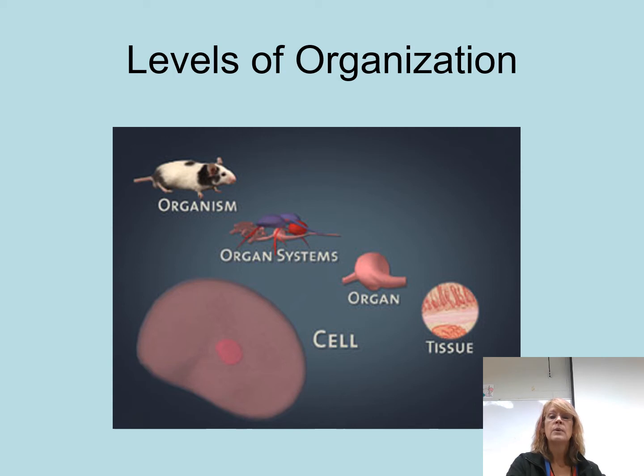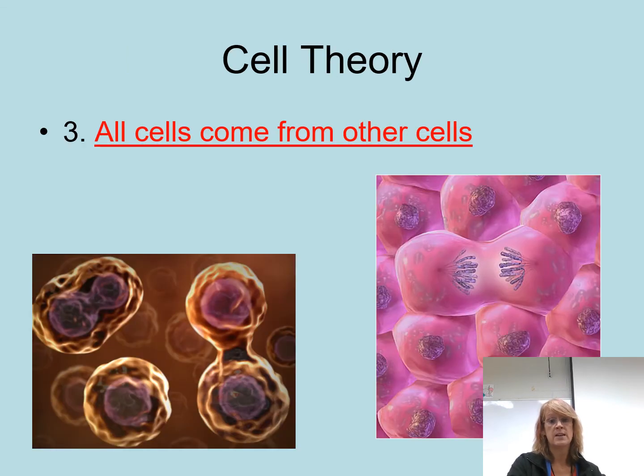Now, what we have found in nature is that we actually have 2 categories of cells. Oh, sorry, I forgot the third one, the cell theory. And the last part is, like Virchow said, the cell theory is that all cells come from other cells. In the case of making new cells, we can do what's called mitosis, and we can do what's called meiosis in nature. Mitosis is a form of asexual reproduction where the cells simply make copies of themselves.